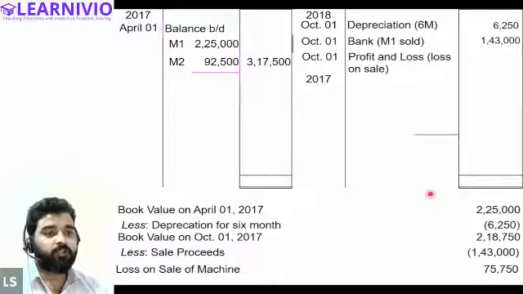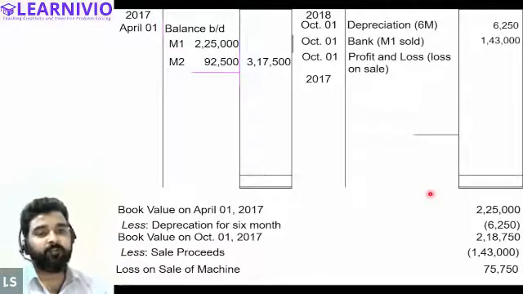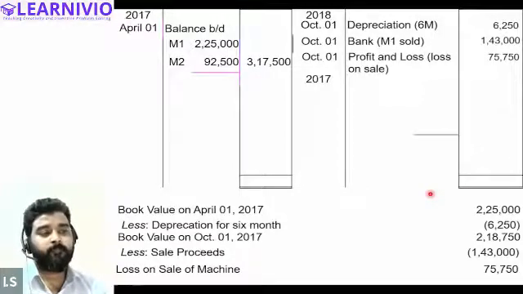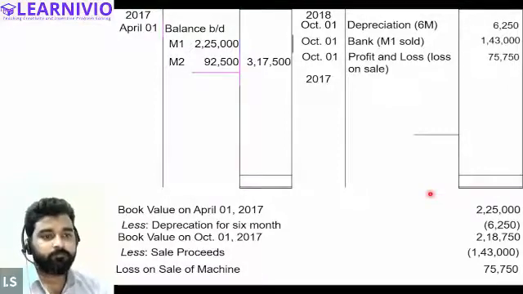Whenever there is a loss, we will record it on the credit side of the machinery account, the asset account. And 75,750 will be recorded on the debit side of the profit and loss account. Got it? Yes, sir. Now,